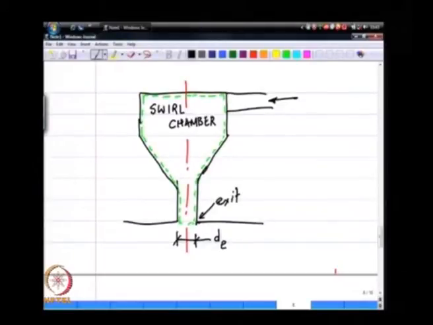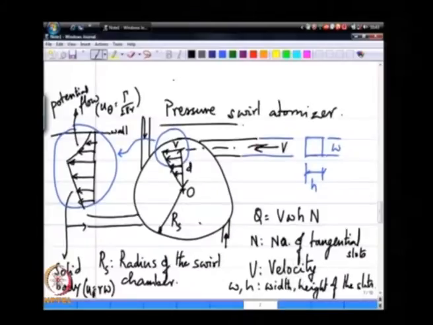Okay. So, again if we do a simple control volume analysis, one would have to imagine that